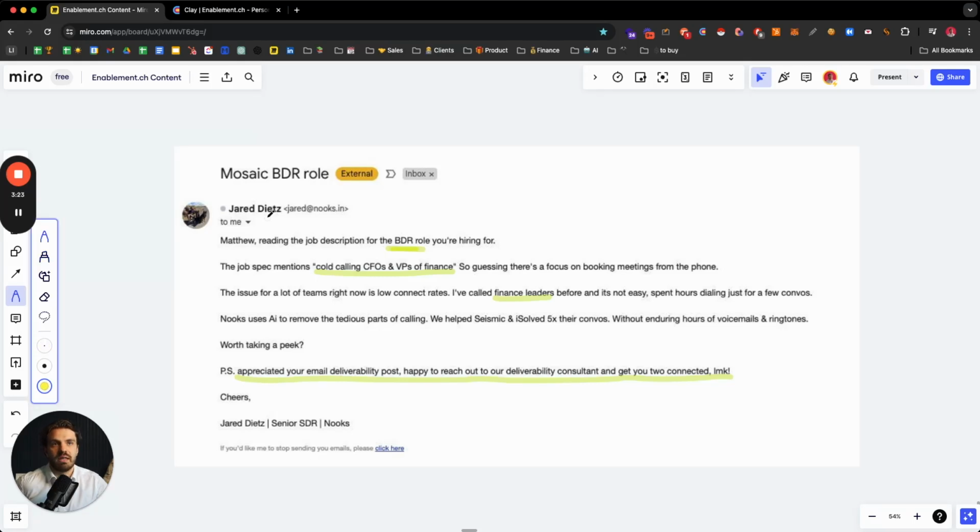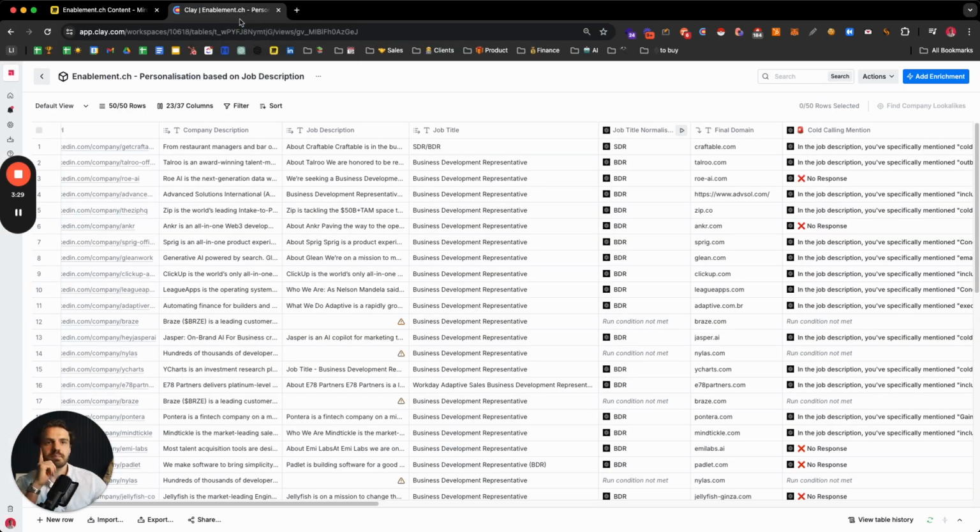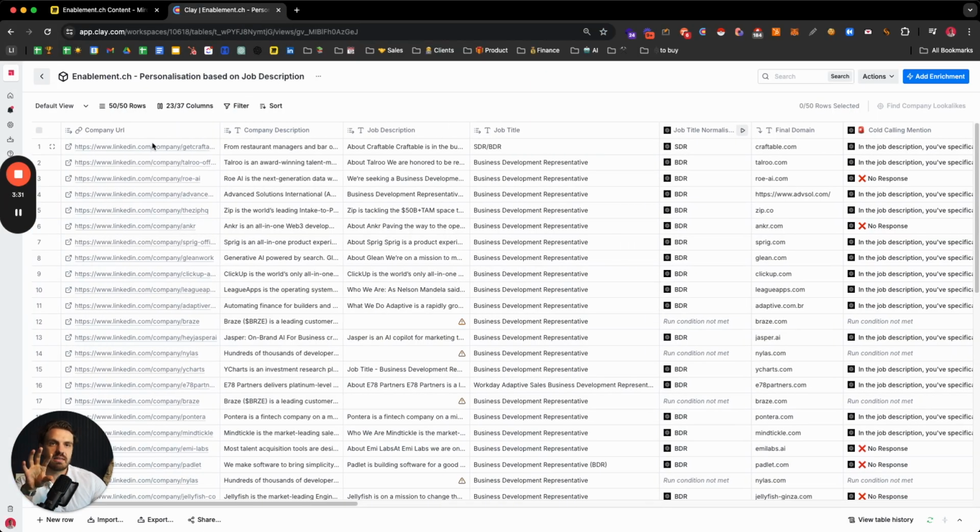And we can go into Clay. So this is basically the Clay puzzle, as we call it internally. What we have here is a table of 50 job descriptions that are hiring for BDRs or SDRs right now. Now, how did I get that? There are essentially 3 ways you can do that. LinkedIn obviously has that data. Well, you need any data platform, so LinkedIn is one. Other platforms could be Indeed or any other job platform.